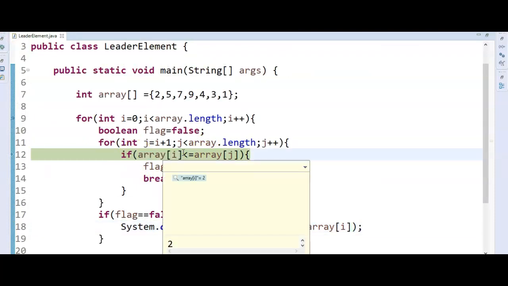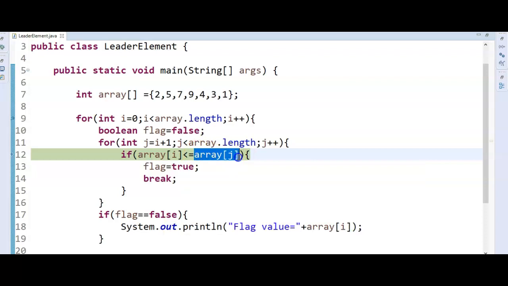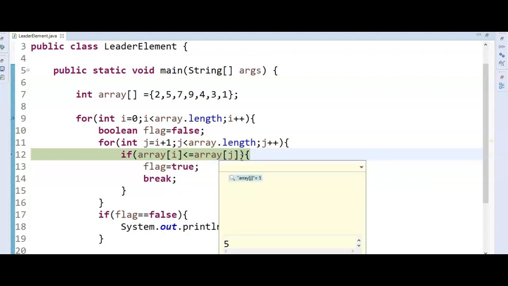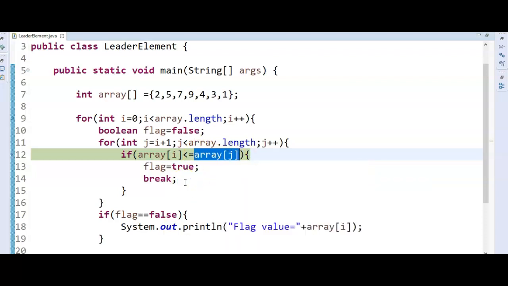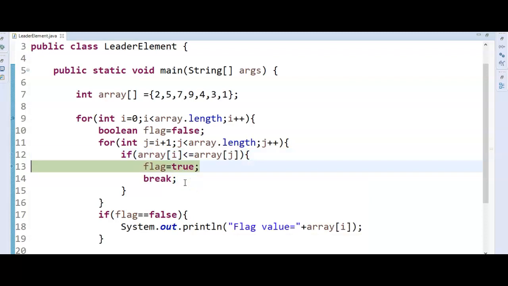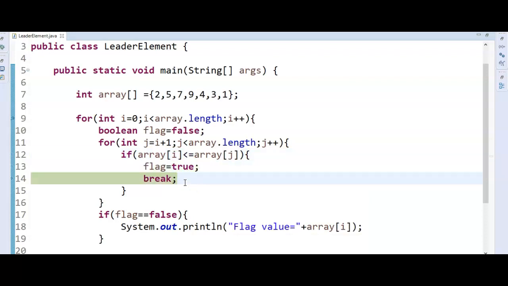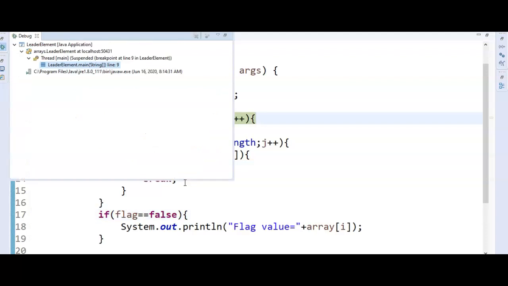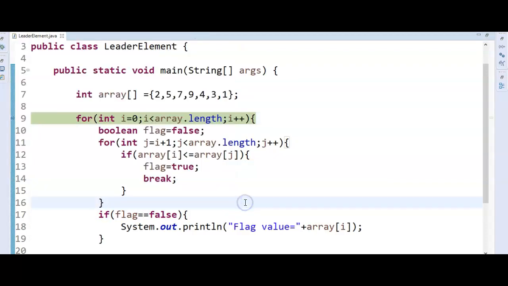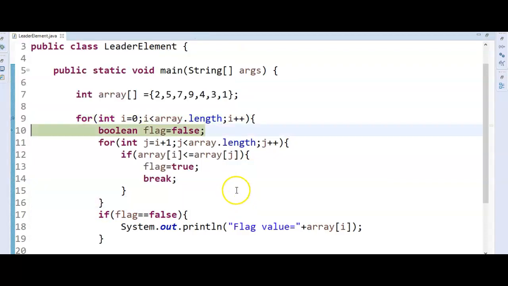So array of i is 2 and array of j is 5. Is 2 less than or equal to 5? True. So break and come out of this loop. And now i will be 1. Since the condition is satisfied, we do a break instead of iterating, so directly we can say this is not a leader element.